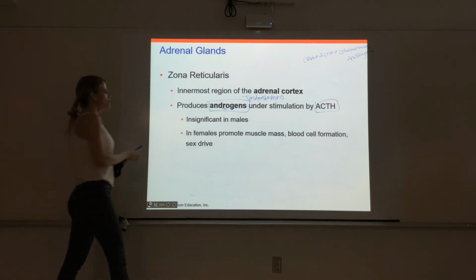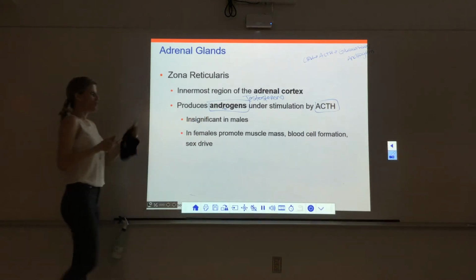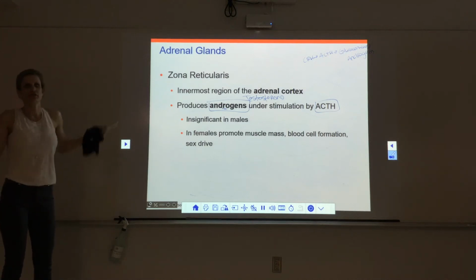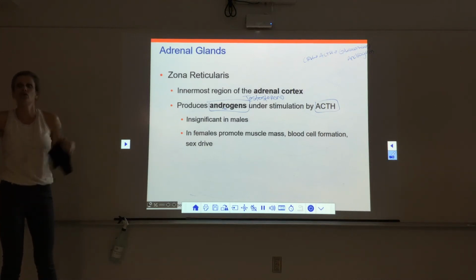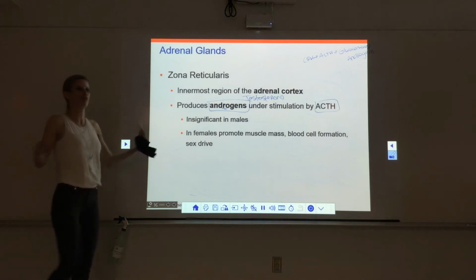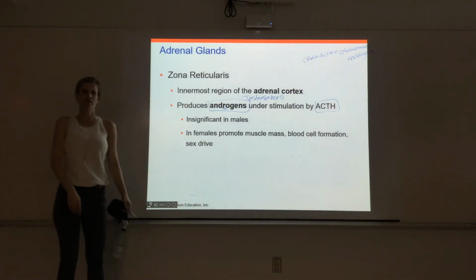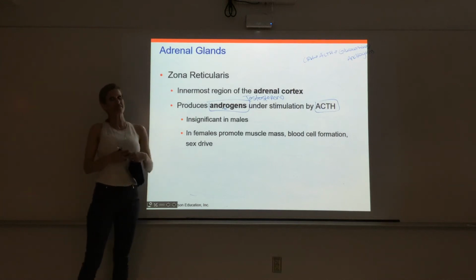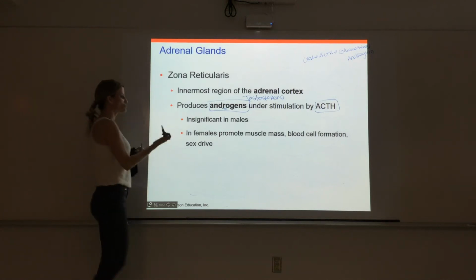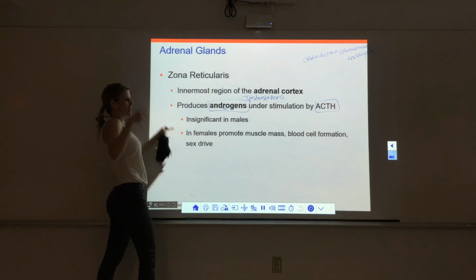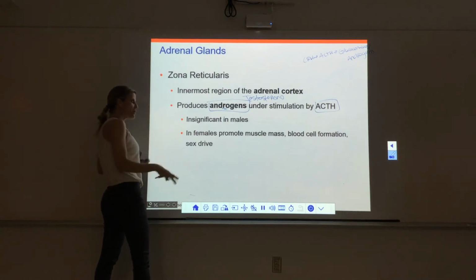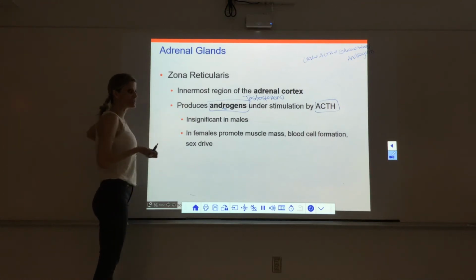In the males, the androgens that come from the adrenal cortex are like useless. It just doesn't matter because the testes produce so much testosterone that it completely overflows this, and it doesn't matter. But the women don't have testes, right? So because women don't have that huge supply of testosterone, the androgens from the adrenal cortex are very important in